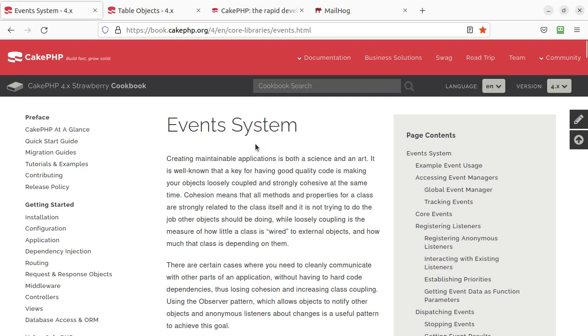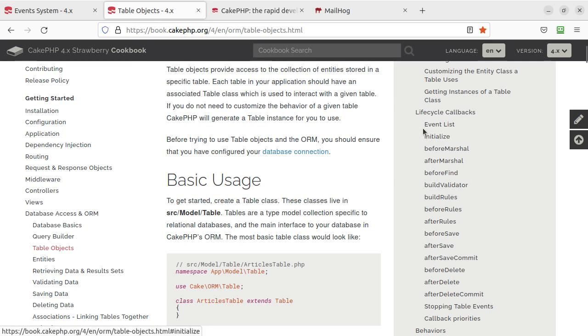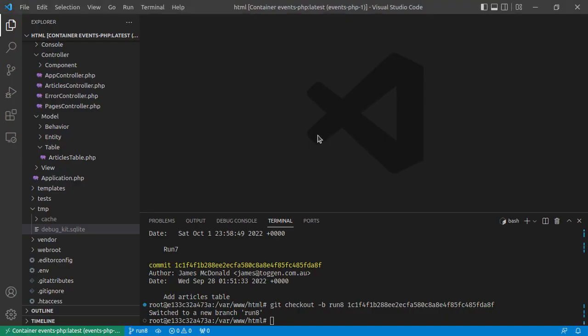So in this video we're looking at the event system in CakePHP. You may have interacted with this event system inside callbacks, within maybe table classes or controller callbacks. Here we're seeing the callbacks available within a table class. Let's have a look at using those callbacks within CakePHP to do transformations or actions depending on what